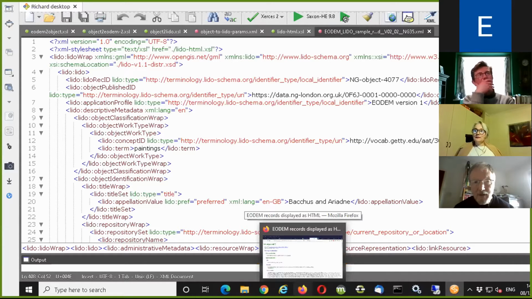While we're waiting for Richard to pop up again, I've got a quick question about the import process. This is for Jette, and perhaps for Rupert as well, and maybe even Regine. Is it a requirement that all the EODEM data be imported into a software package? You mentioned that there's a certain degree of redundancy between structured data and free text data. Does all of that have to be importable, or is it acceptable to import the structured version and not the free text? Jette: Yeah, principally it's not a mandatory requirement, of course,